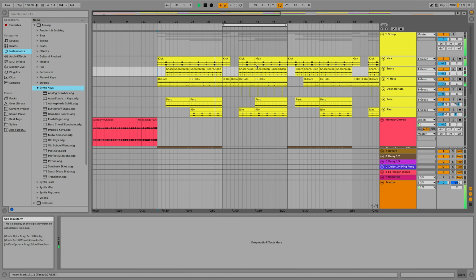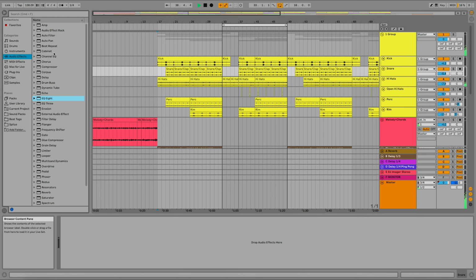So I like to do my hi-hats differently from everybody else. You can use Pan Man from Sound Toys, or you can use Ableton's Auto Pan. It's just an easy plugin to use to get it to move from right to left. Not too much though, because it just sounds weird if you move it way to the right or way to the left. So there we go. And now, last but not least,